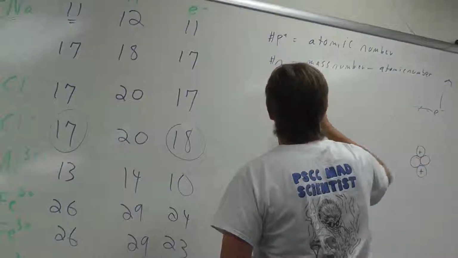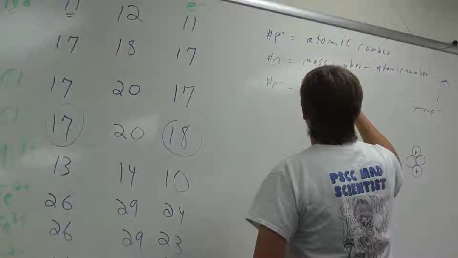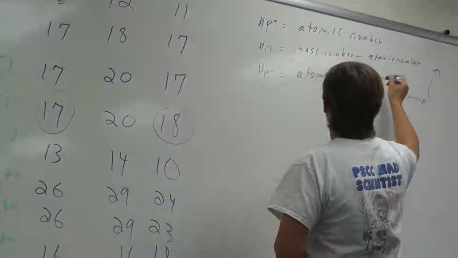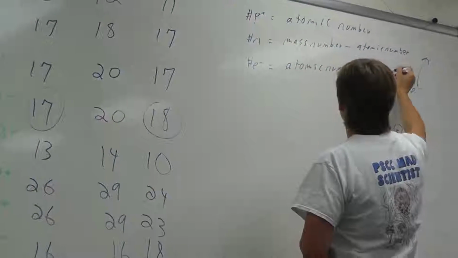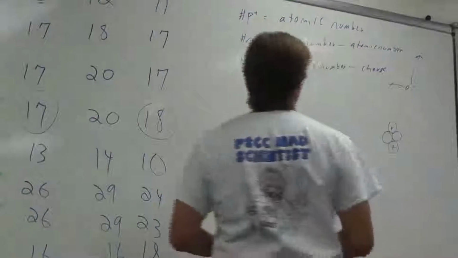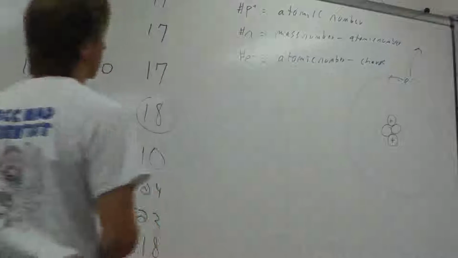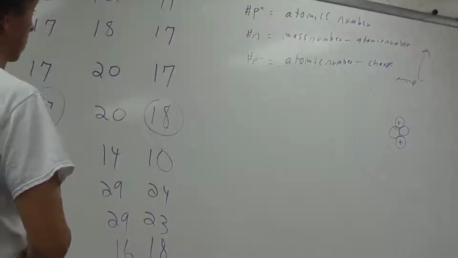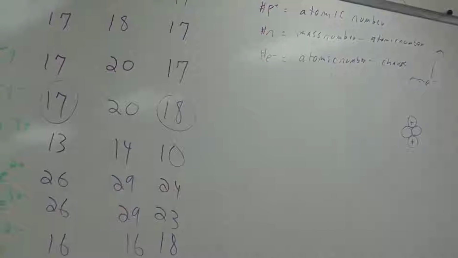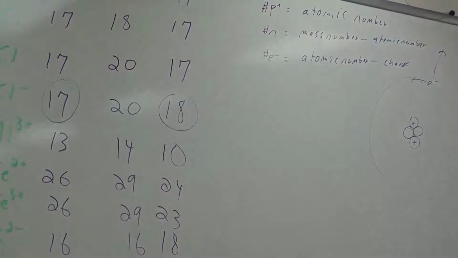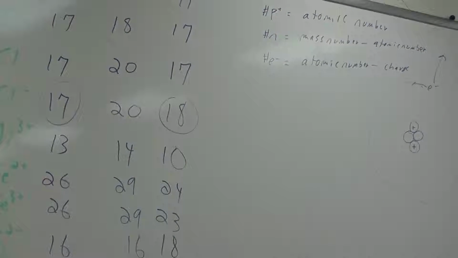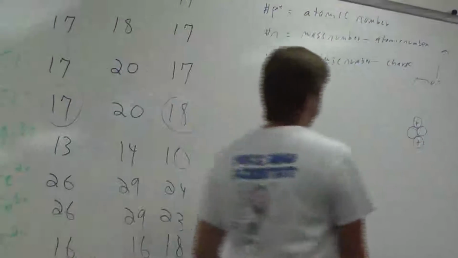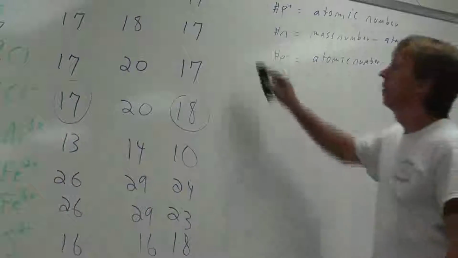Number of electrons is atomic number minus charge. All right, at the bottom of the chart,